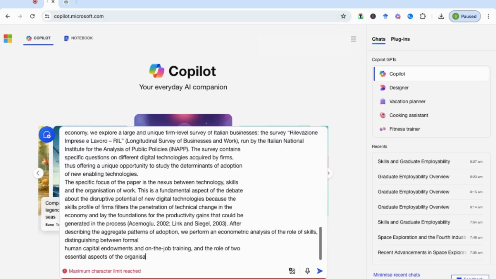I'm going to paste it all in here. What you'll see is that it says maximum character limit reached. So I'm not able to summarize that particular section. But what I can do if I had an extended prompt like this one is go up here to where